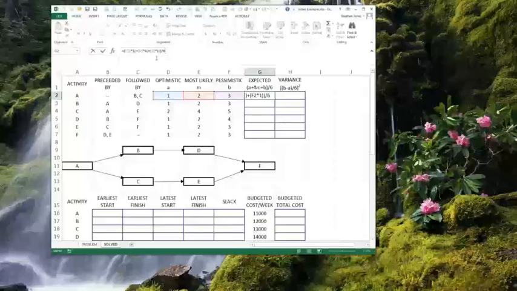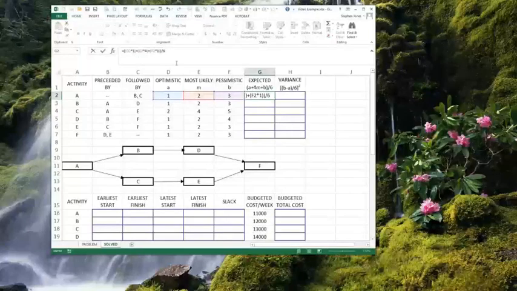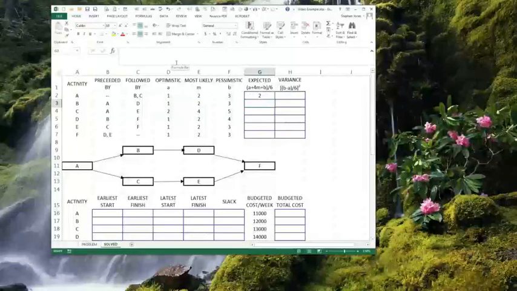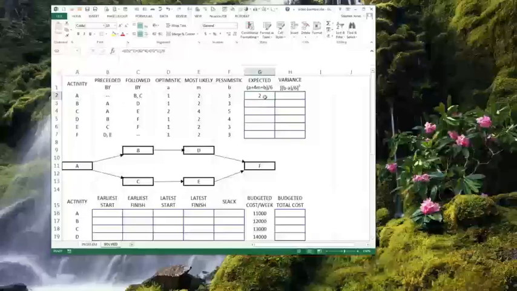But you need your parentheses in there, because otherwise Excel will take a look at it and calculate it using order of mathematical terms, and that may or may not work out appropriately, depending upon what you put in there. Now I'm going to go ahead and hit enter, and it gives me a 2, and that's what you should get. If you copy this down,